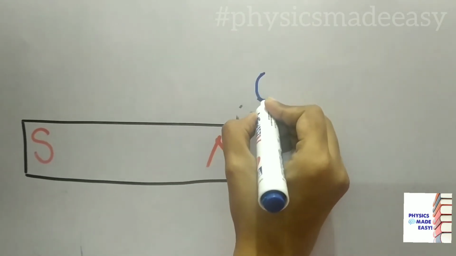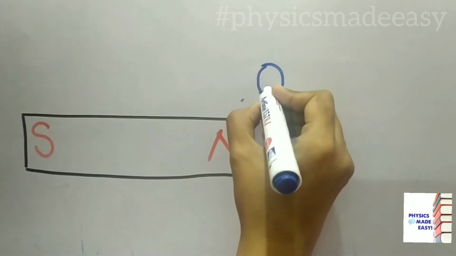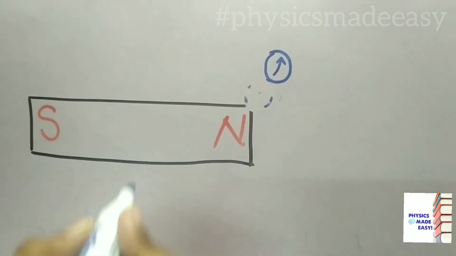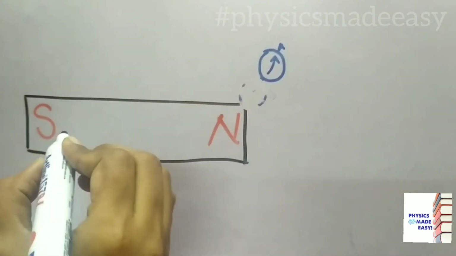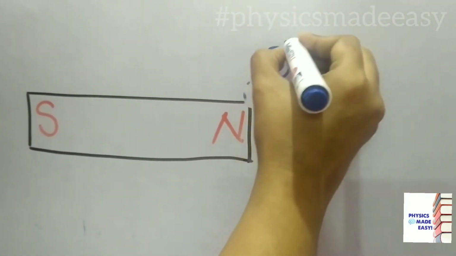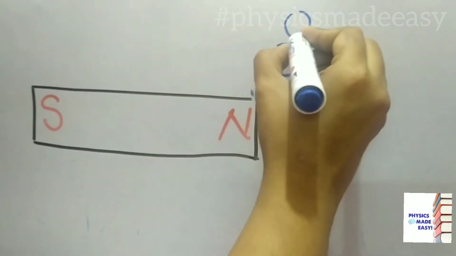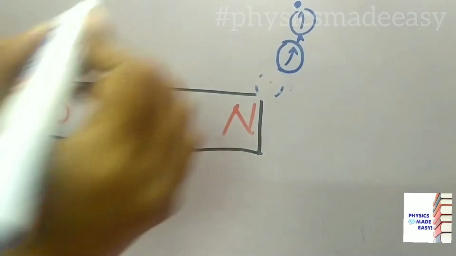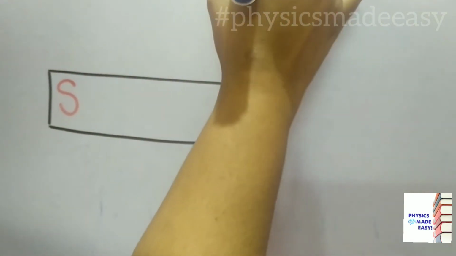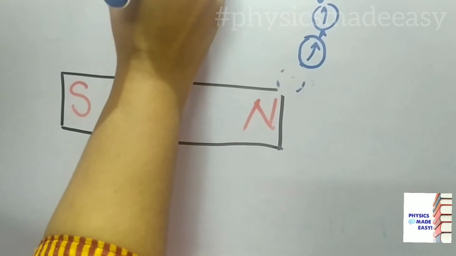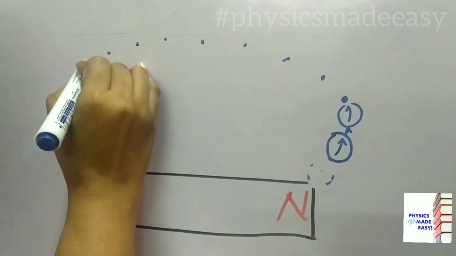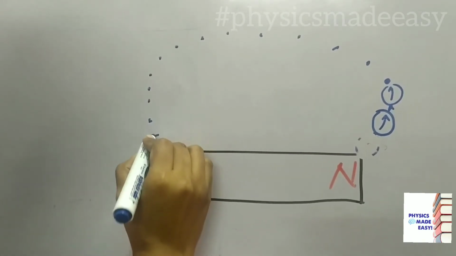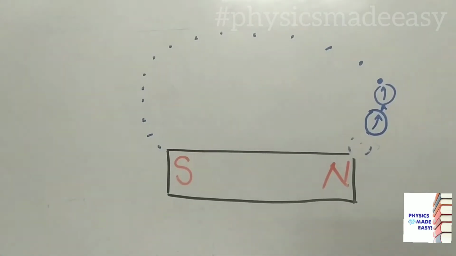and place it here. Then you can see the north of the needle is pointing towards one direction. There you have to mark a point. Then take the compass from there and keep it at this point. Then you have to mark the direction of the north pole of the needle. Like that you have to mark the points. At last, you will reach the south pole of the magnet.